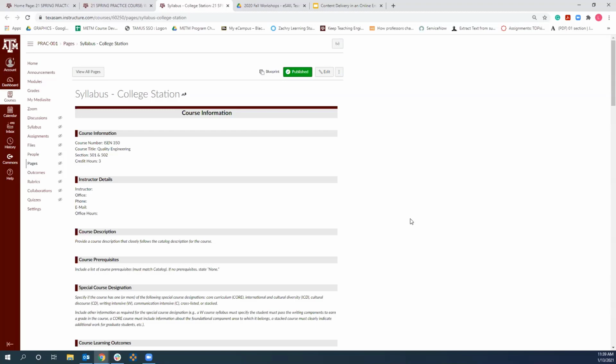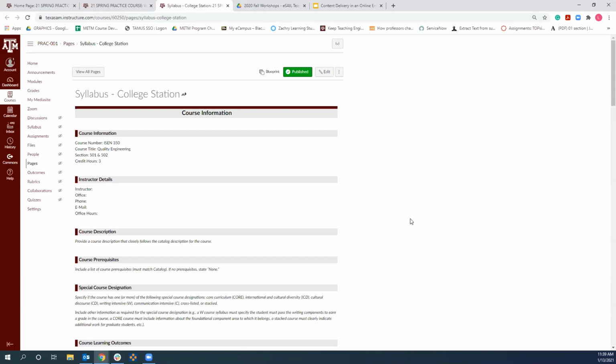Some professors decide, I'm just going to create a document and that's going to be my syllabus and we won't use this page at all. And that is perfectly fine. That way you have only one document to work on, and that's what you share with your students. And in the process of doing that, you make sure that document is accessible so that all of your students can get to it and access all the information within it.